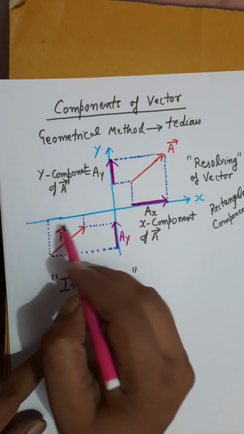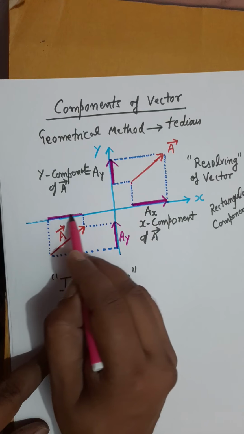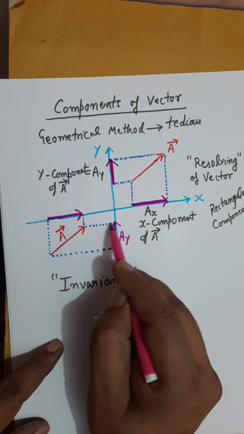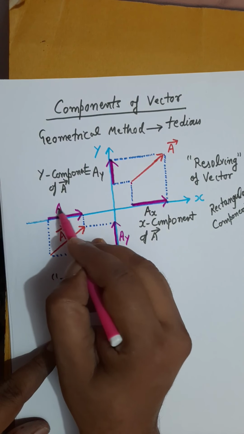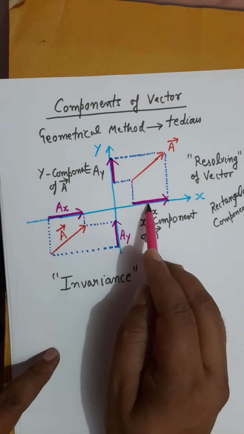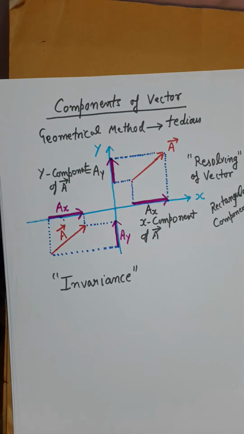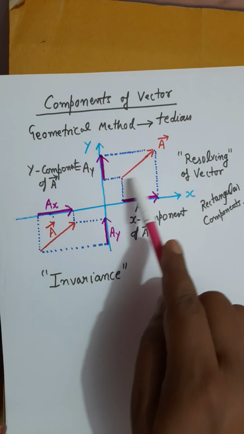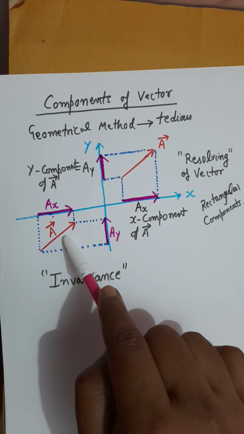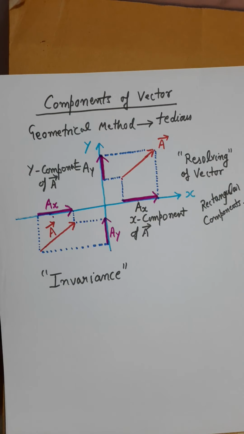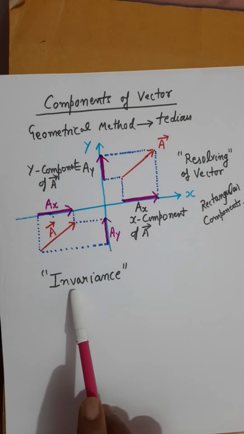So now we get this much length on the x-axis with this arrow. Remember, all three arrows must match each other. So this length is called AX, which is the x component. And again you can see this length and this length are not different. So this is what I mean, that if you slide your vector without rotating it, the vector does not change and even the components do not change. Everything remains as it is. And this whole property is called the invariance property of the